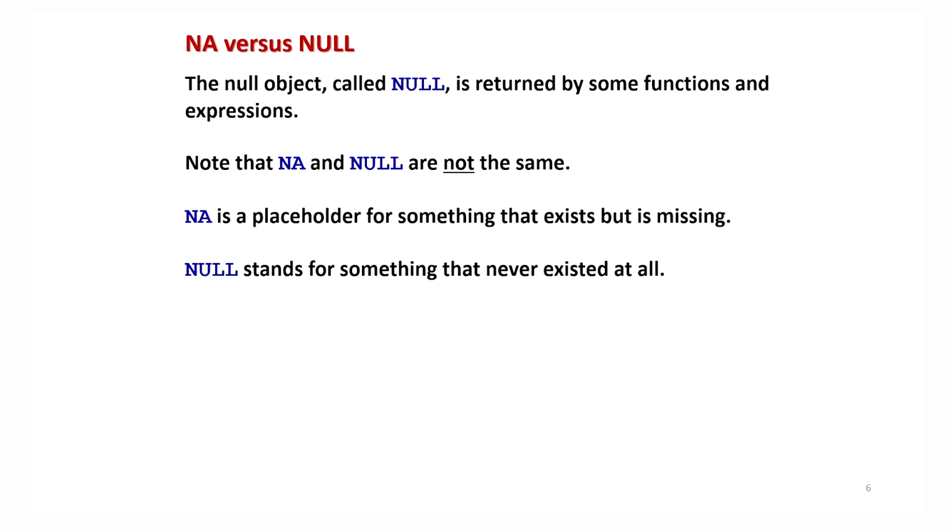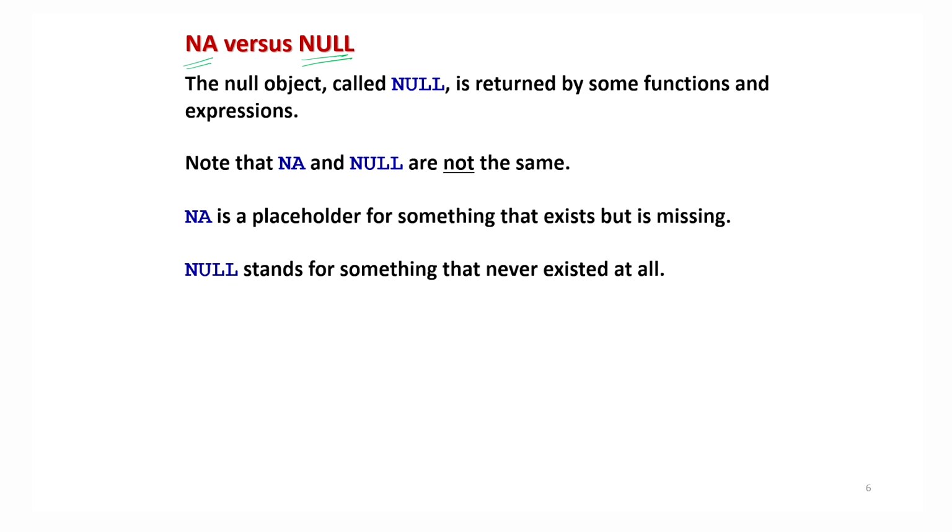When we are working in the R software, we have two concepts. One is NA and the other is NULL. In some common sense, they both indicate that values are not available. Values not available means whether they are missing or not available, there is some difference. In R, you will see that both NA and NULL, N-U-L-L in uppercase letters, are available, and sometimes you will get the outcome as NULL. So let us try to understand the difference between NA and NULL.